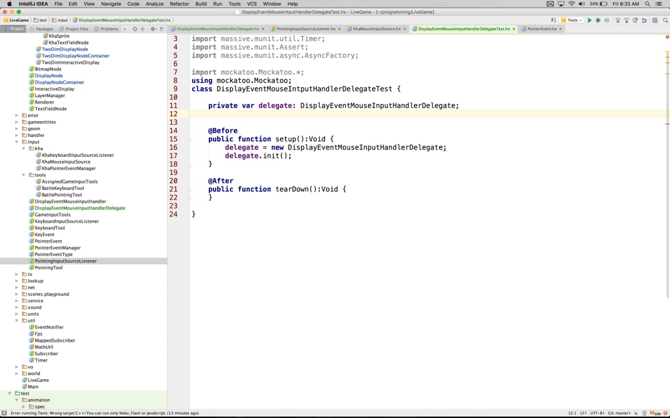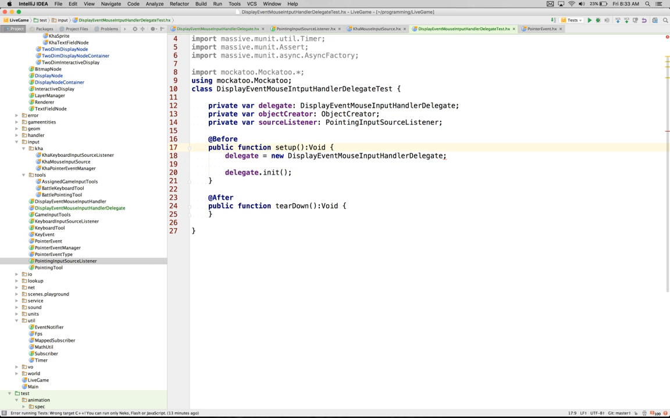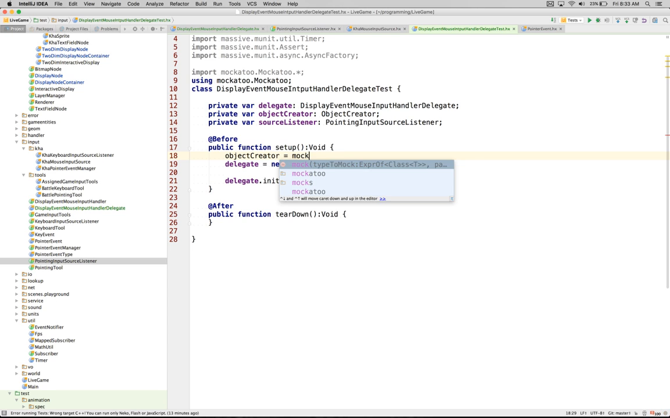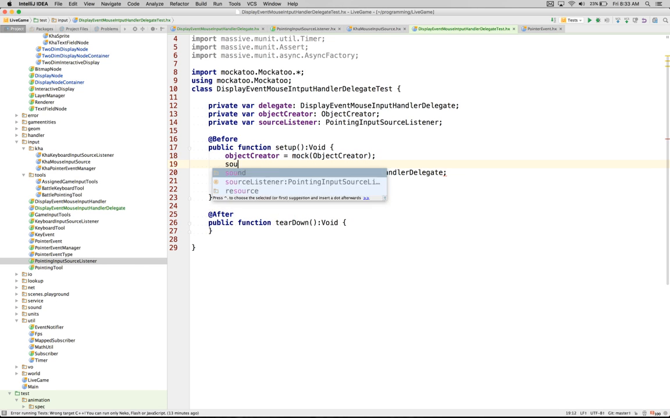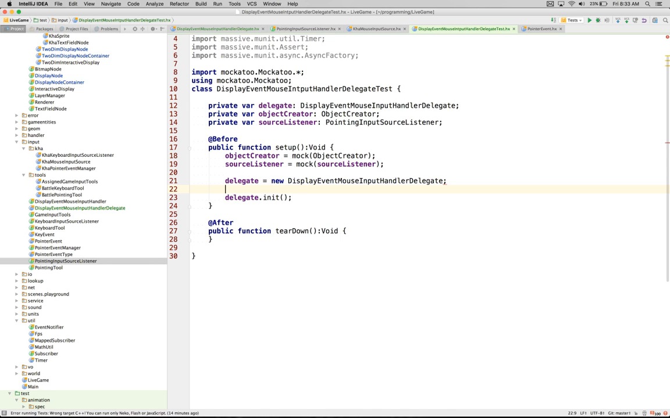So now we're going to need to be this is going to be our object creator, and then our source listener, pointing input source listener. And we just need to pass these along. Object creator is mock object creator, and source listener equals mock source listener. Okay, so